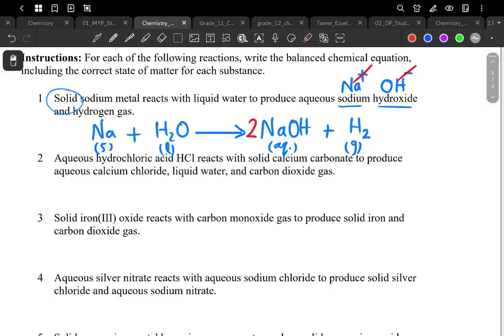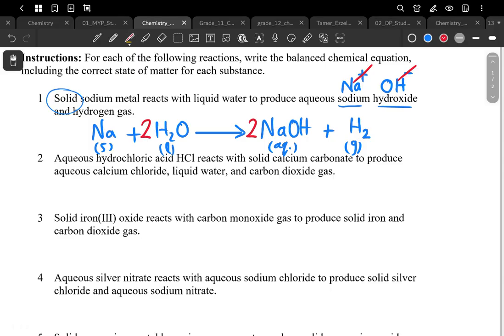And hydrogen here is 2, so I'm going to add a coefficient of 2. So now it is a balanced chemical equation. Because I told you before balancing it was 2 and here 3 hydrogen atoms, but now after adding the coefficient it is balanced. Now here we have 4 hydrogen atoms and here we have 2 plus 2, so there are 4 hydrogen atoms. The hydrogen is balanced, but we still have a missing